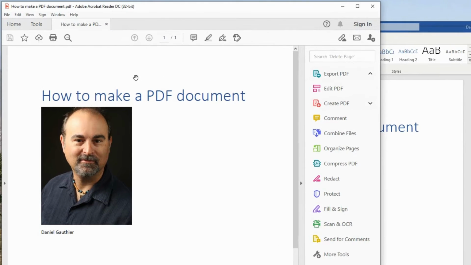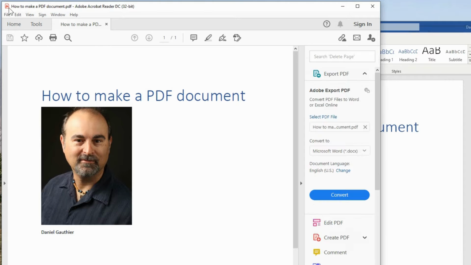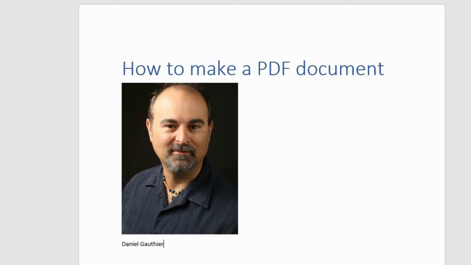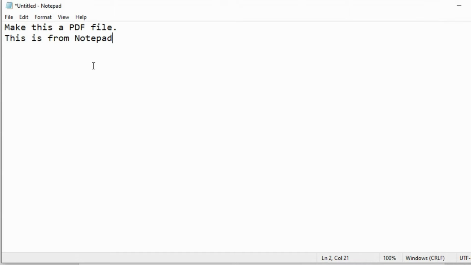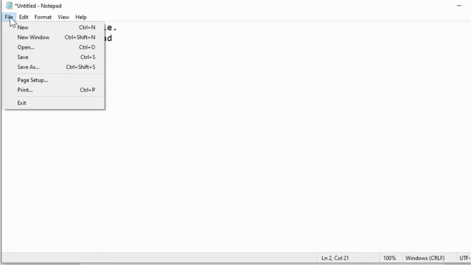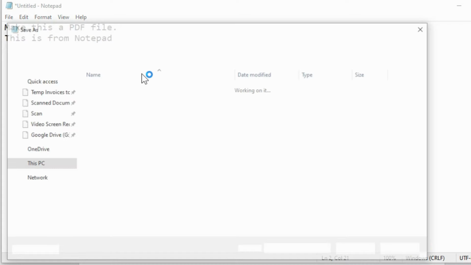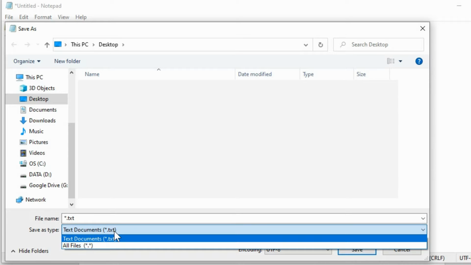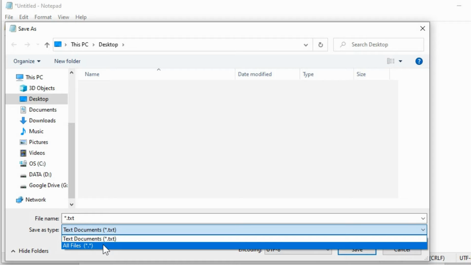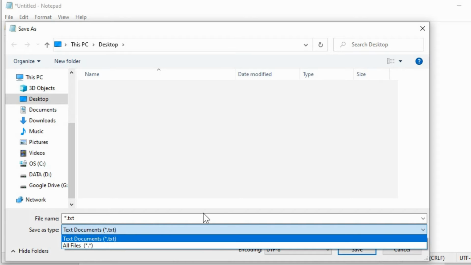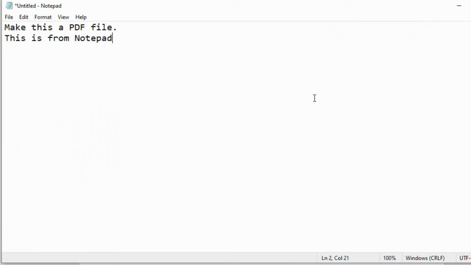It opens up the PDF file, so it shows it's opened in Adobe. It's got the Adobe tools showing here, annotations and stuff like that. You can do that same thing whether it's in a notepad, for example. File, Save As. Note this does not have an option for the type of file as a PDF because it's just a notepad. But there's still a way to do it.